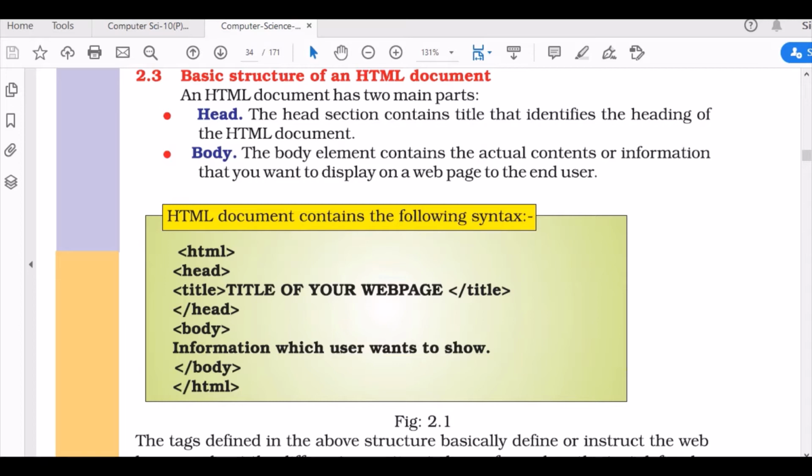With this you are telling the page that my heading is over, now the body should start. You start with the body tag, you type your information, then you close the body tag. And when you want to finish your web page, you close the html tag as well.